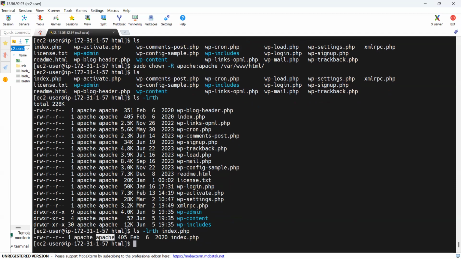Others don't have access. See index.html. Read, write. There is no write execution for this group, Apache group. So you need to change, and others who don't have any right to access anything except read. Same